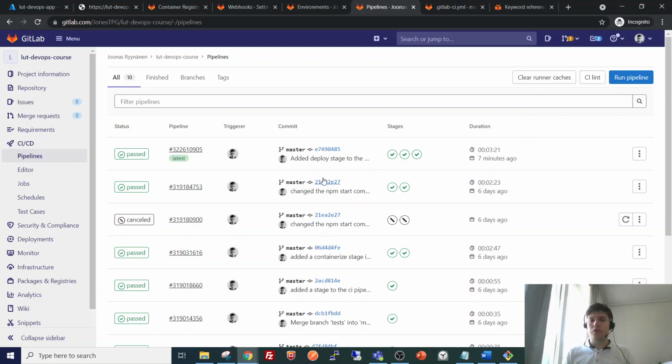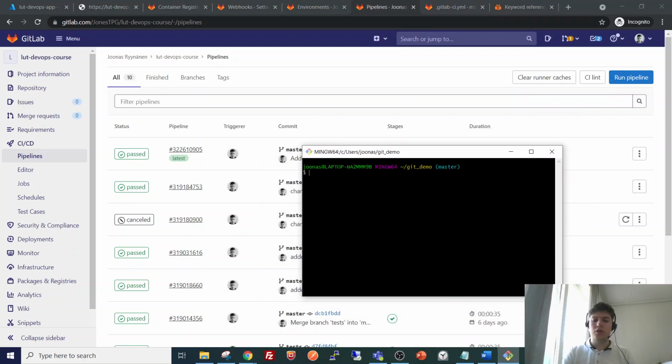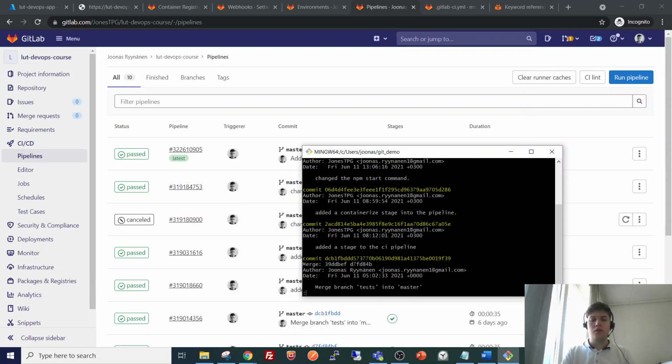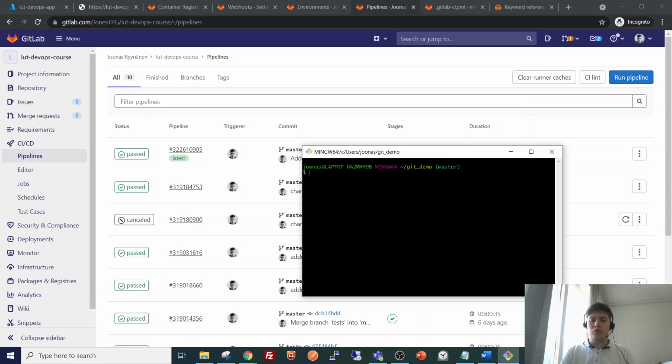So now it is time to see how our pipeline works in action. So let's now simulate a realistic situation where an update to the software is made. So let's fire up our git bash here, verify that we are on the right branch and everything is good over here. So let's now, for example, change the